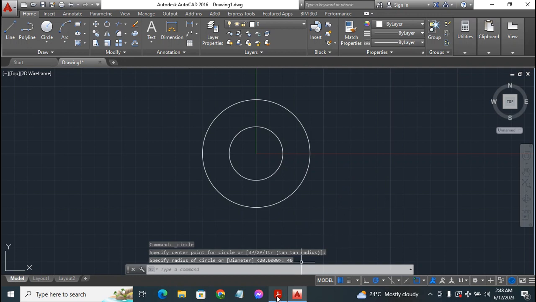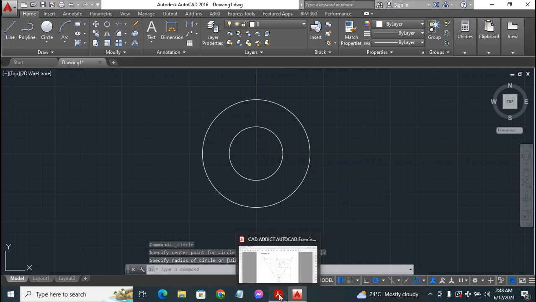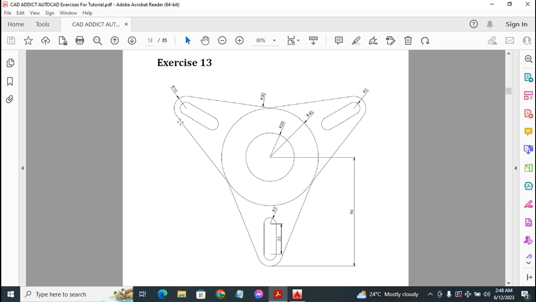Next up, back to our PDF document. Next up, we want to draw in these bad guys, right? We're going to start off by drawing in this smaller one right here at the bottom. So let's do that. From the center of our circles to the very bottom of our drawing is 90